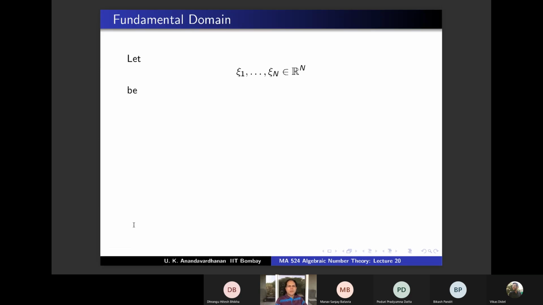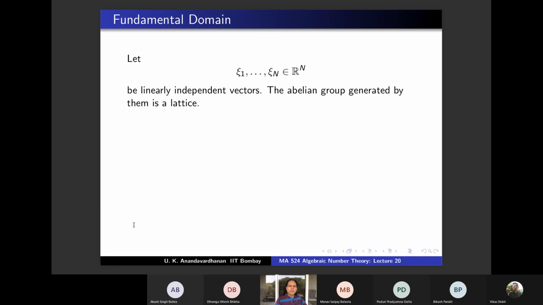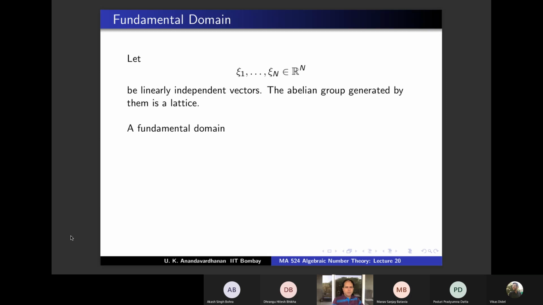Okay, so let's start. So there's a concept of fundamental domain of a lattice. So suppose psi1, psi2, etc., psi-n are vectors in Euclidean n space, and assume they are linearly independent, and then the abelian group generated by them is a lattice. So a lattice is a discrete subgroup. Okay, so mostly we will take it with the same dimension. So the abelian group generated by them is a lattice,